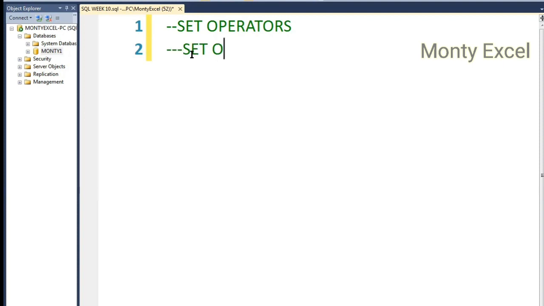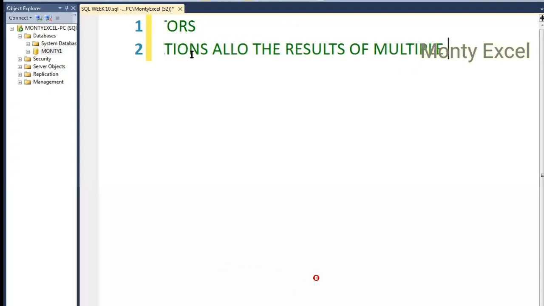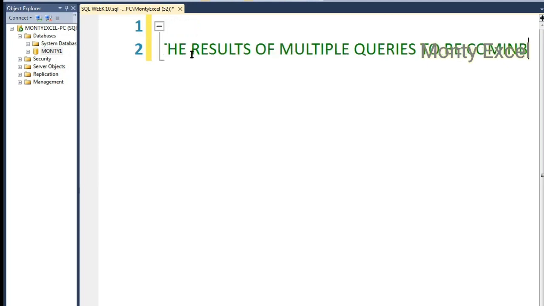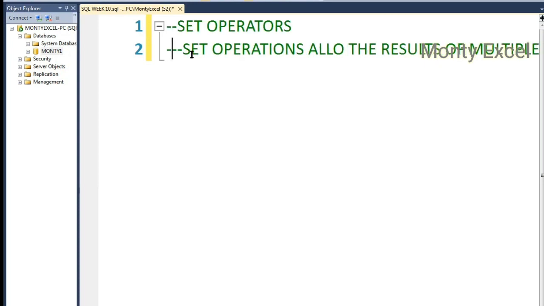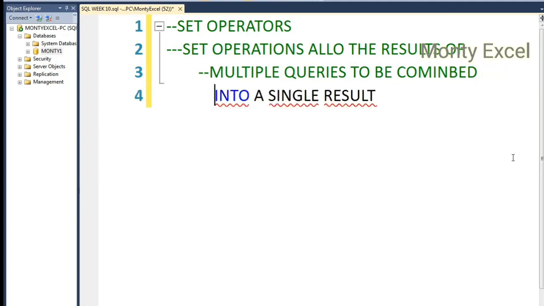Let me write here: set operations allow the results of multiple queries to be combined into a single result. Let me break it down into different lines. So what happens is, set operators take the results we are getting from combining different